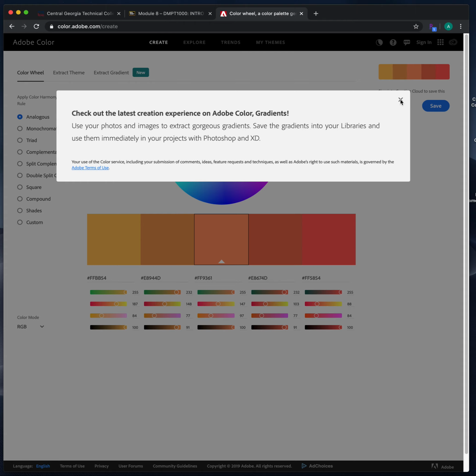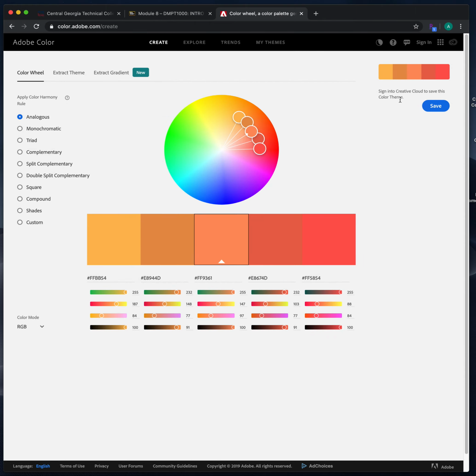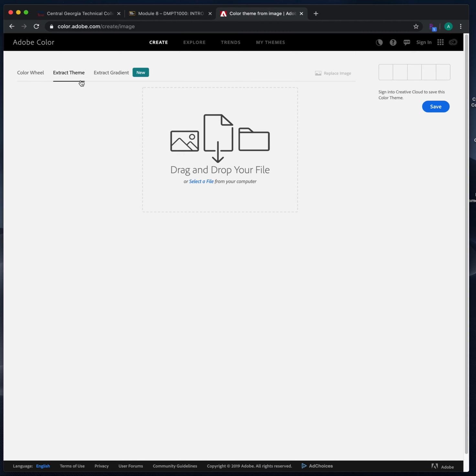All right, so when you come to Adobe Color CC, and it's color.adobe.com, and then under Create, you're going to see some existing color palettes, essentially, that somebody else has already done. And that's great. It can be a nice place, but it's useful to be able to bring in, again, a photograph as your beginning or jumping off point. So we have the ability to extract a theme. And that's what I've just done. I've clicked on Extract Theme, and it tells me to drag and drop the file that I want to use